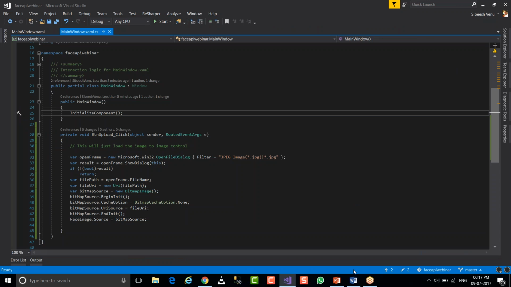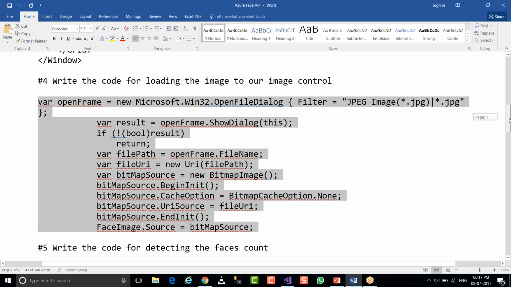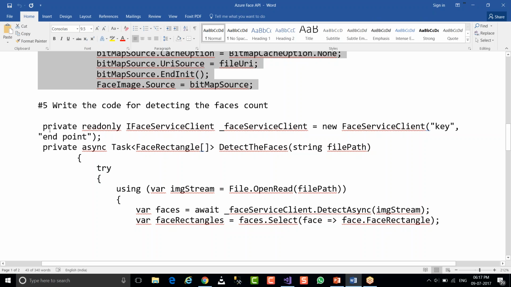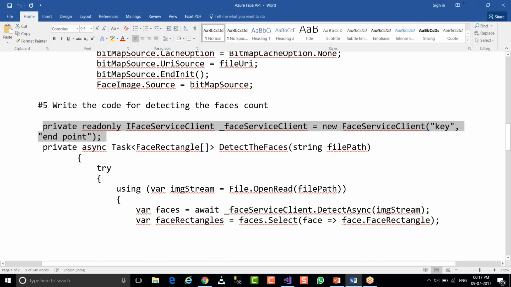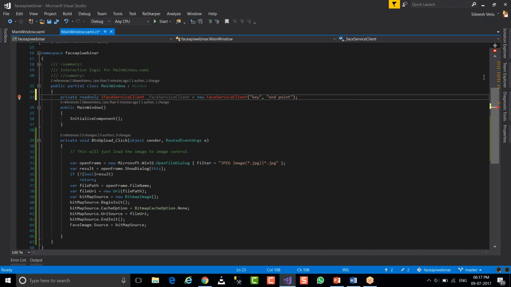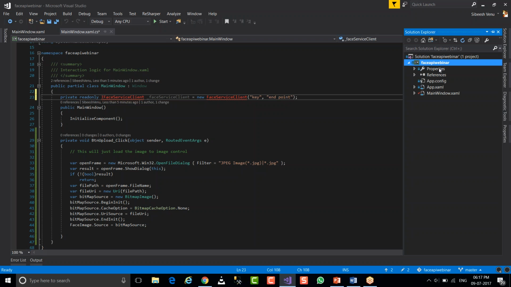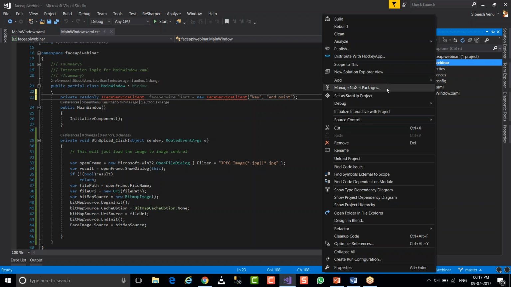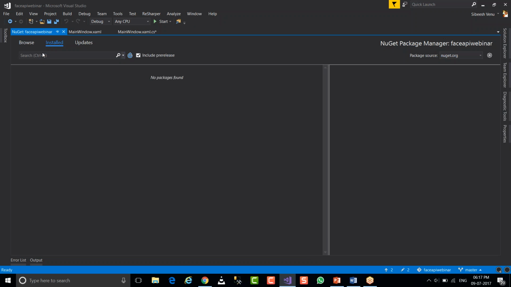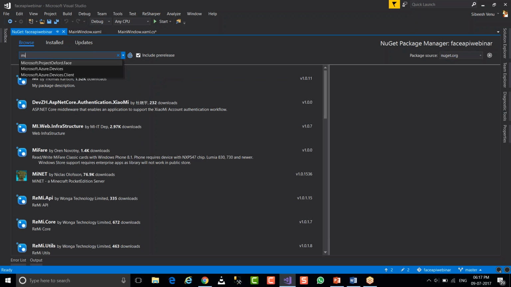Now, we have already loaded the image. Now what is pending is we need to write the code for detecting the face count in the image, right? For that, we will have to create an instance of IFaceServiceClient. So this is the face client. Before we do that, we'll have to go to manage NuGet packages and install this package,